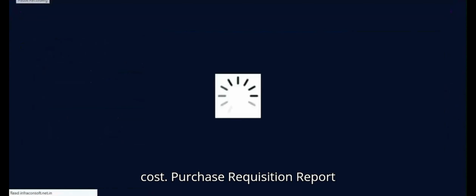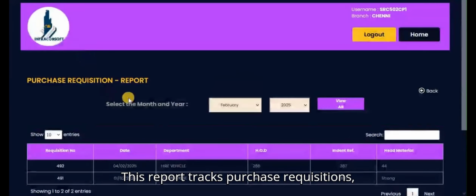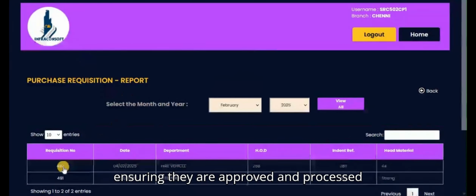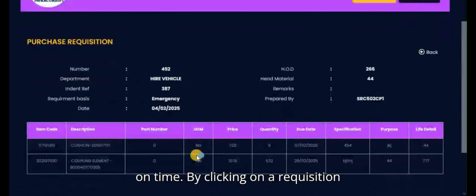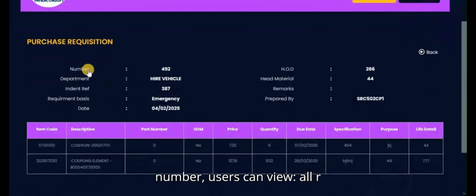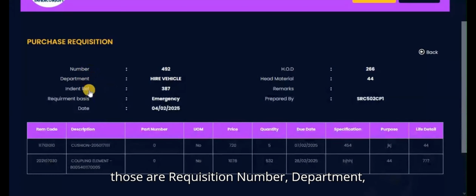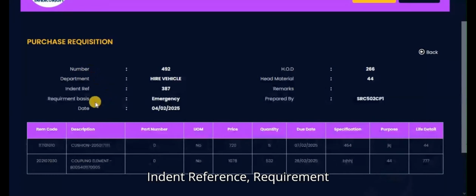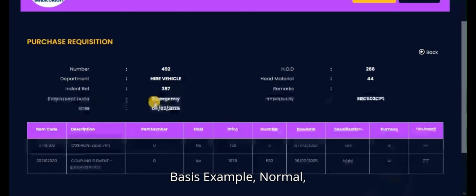Purchase requisition report. This report tracks purchase requisitions, ensuring they are approved and processed on time. By clicking on a requisition number, users can view requisition information, requisition number, department, indent reference, requirement basis, example, normal,